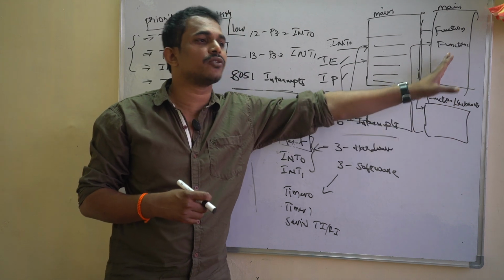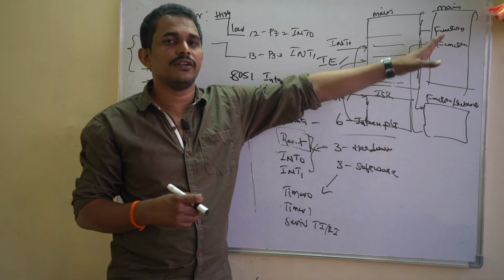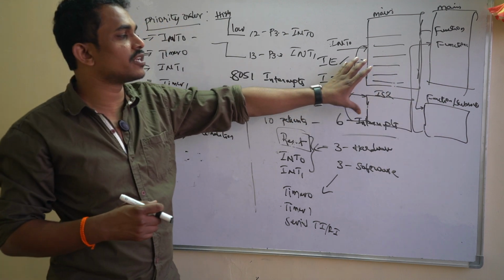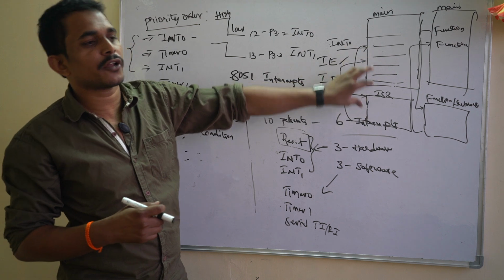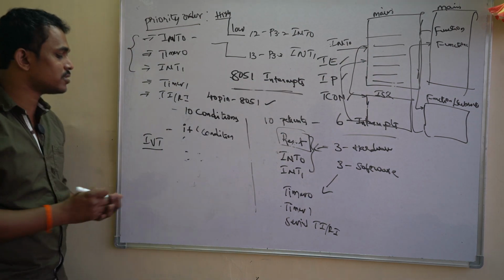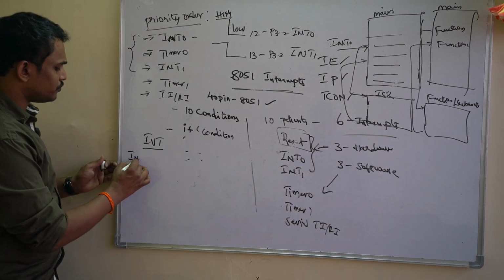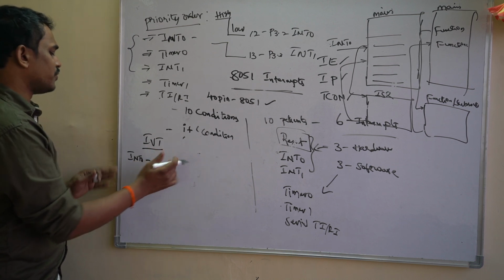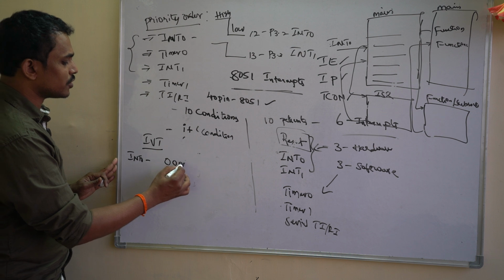General functions lie outside the main program and are stored after the main program's storage locations. But interrupt service routines are stored in fixed memory locations. For INT 0, there is a fixed address for your device, which is 0003H,